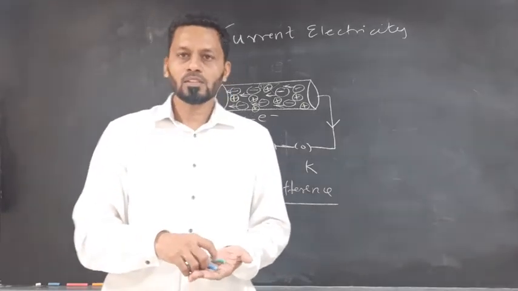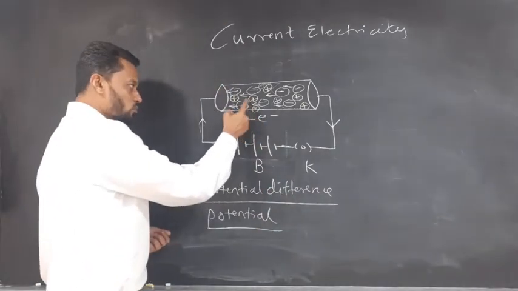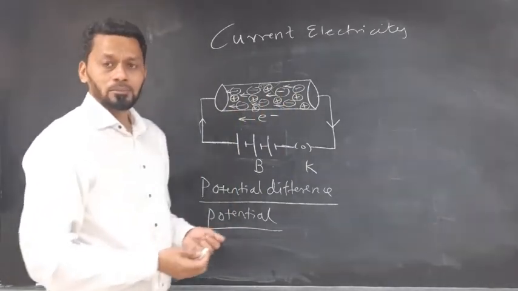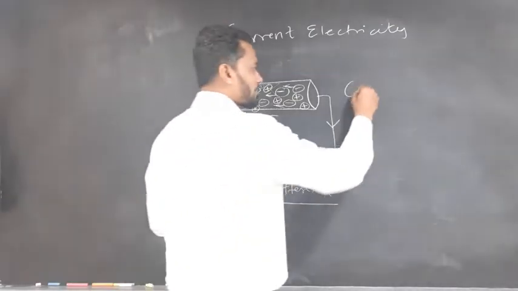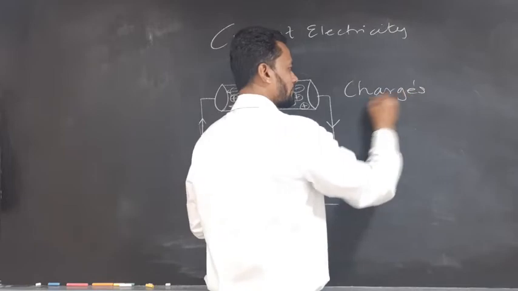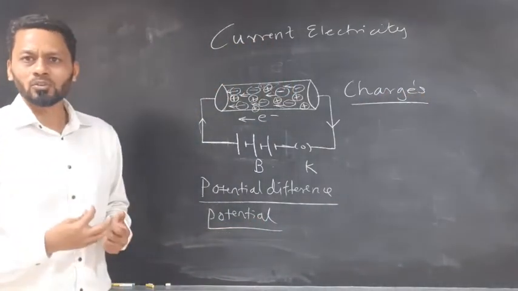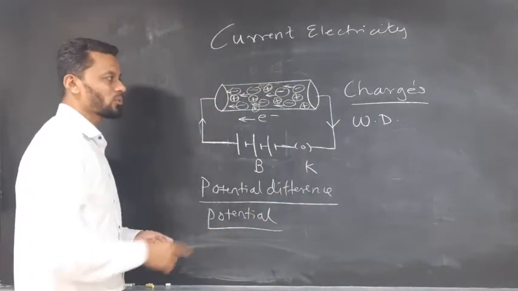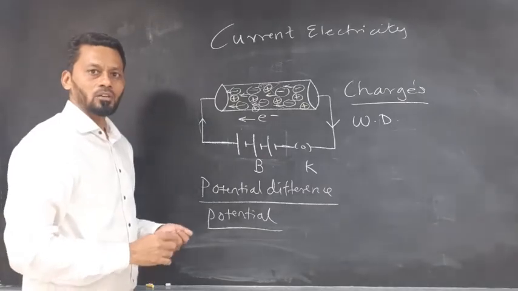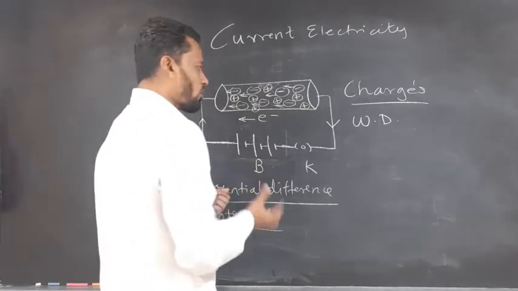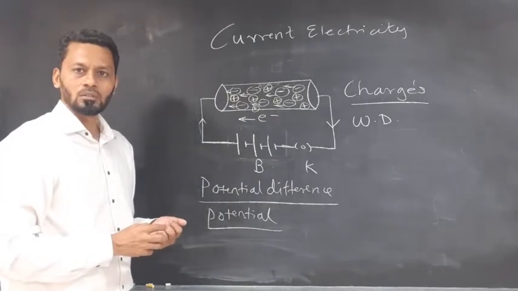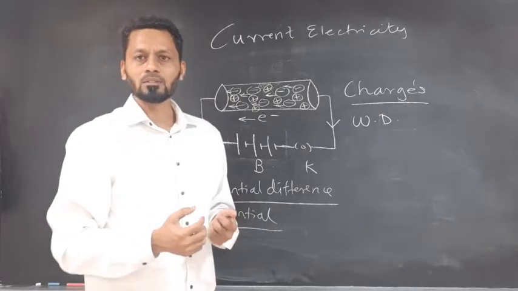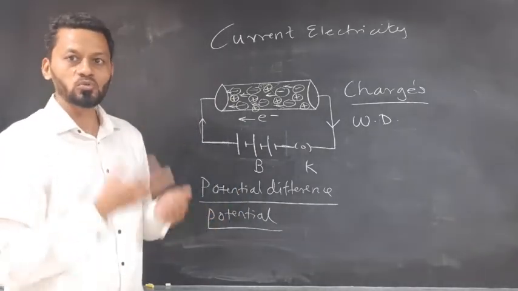Since these electrons got the energy to move around the circuit, who provided the energy? It's the battery, correct? Now, these electrons are nothing else but charges. So what is done over here is the work. Who had done the work? These charges. Work is done on this particular charge. How is the work done by such charges? Work is done on the charge to move,